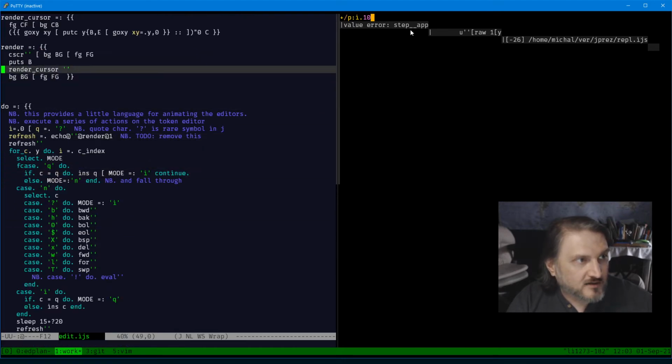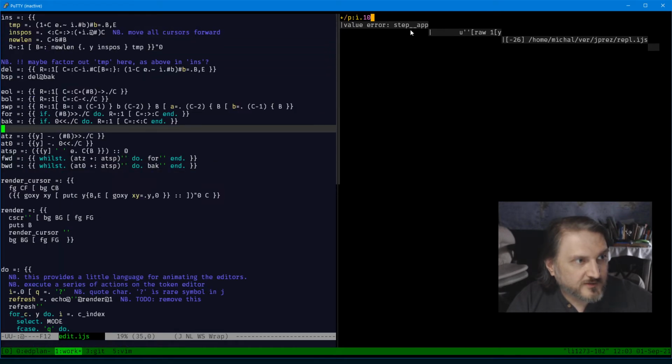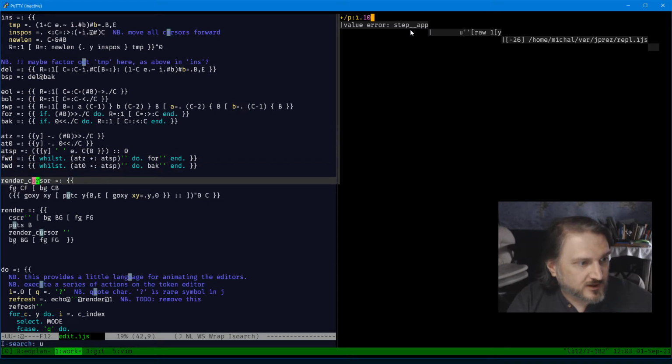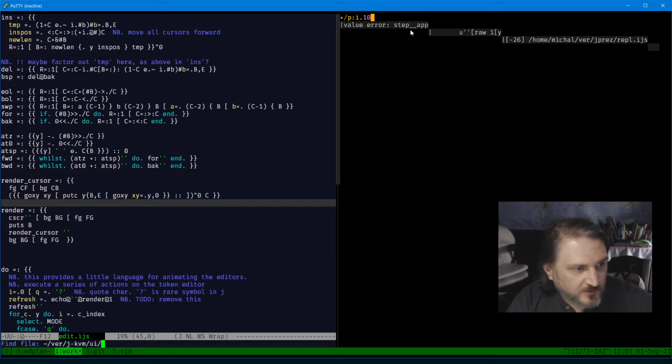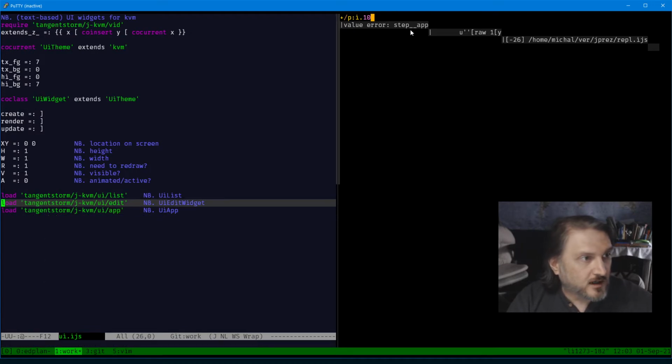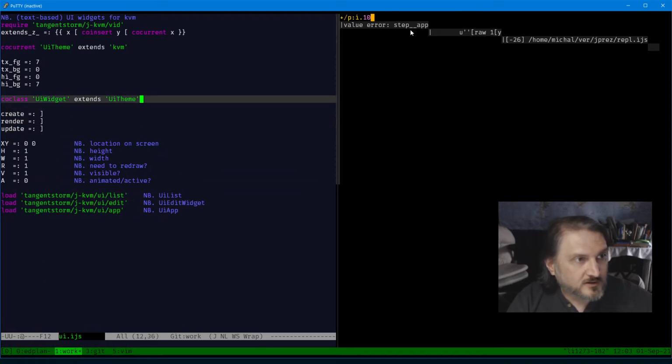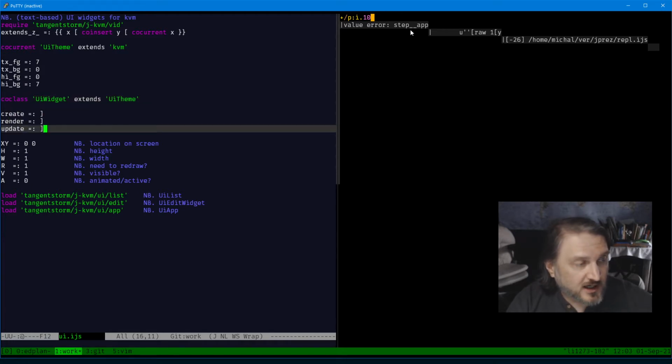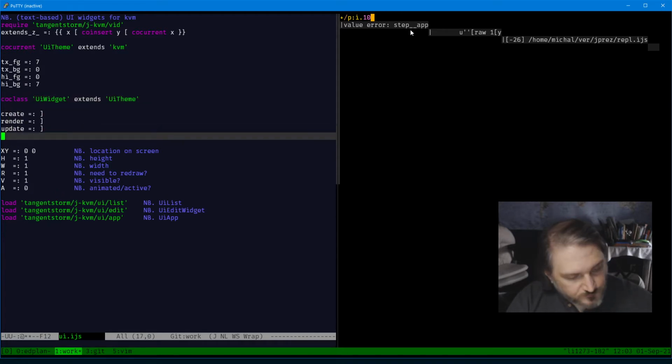And we already have a render verb in the editor widget, and somewhere in here we have an update. Oh, we do not have an update, sorry, because I have not implemented that yet, but we do have it in the main UI framework. So in UI IJS, we have a generic class called UI widget. And so the way step works is we're going to have,